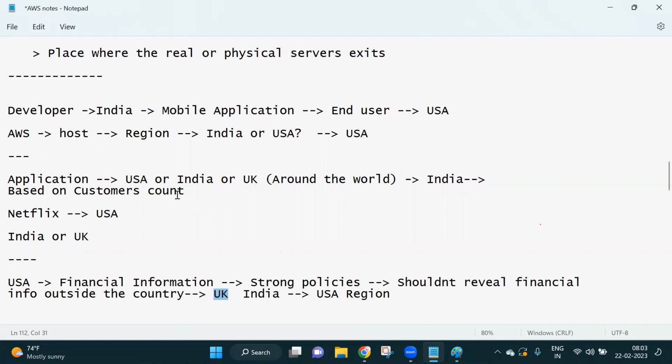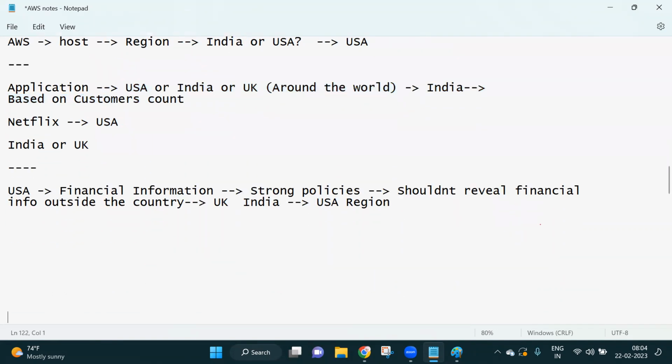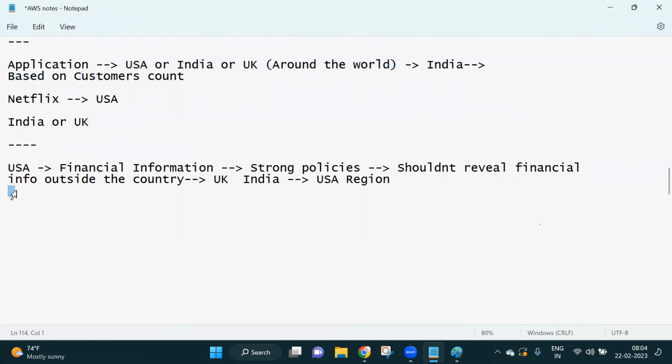Sometimes customer count and end user also won't matter. So this company has to select based on the rules and regulations. That also may happen. Are you clear? Fine.